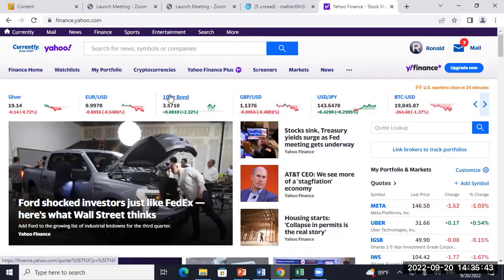The 10-year is up to 3.57. Remember, in COVID, it got down to 0.5%. So we're up how many basis points since 2020? We went from 0.5% to 3.5%. How many basis points is that? 300. 307, is that what he said? We're up 307 basis points. Is that a lot for 2 years? Yeah, that's a pretty significant rise in interest rates.